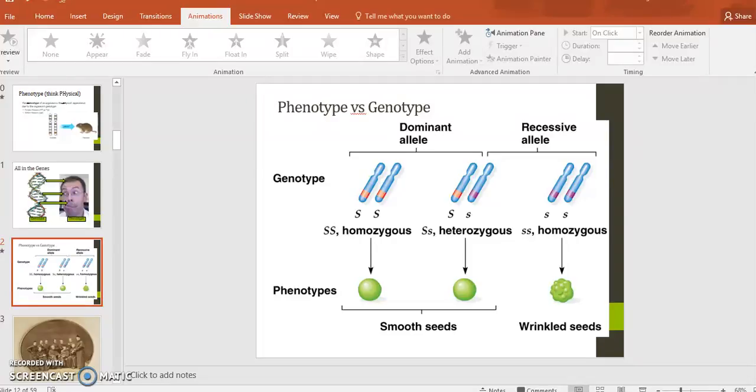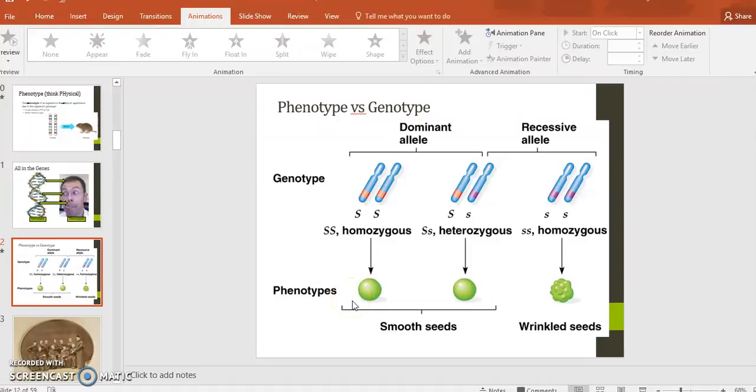Don't forget last week we talked about genotypes versus phenotypes, and then also dominant versus recessive alleles. Remember that alleles are just different versions of a gene. So here's an example of a homozygous dominant genotype, a heterozygous genotype, and a homozygous recessive genotype, and then their